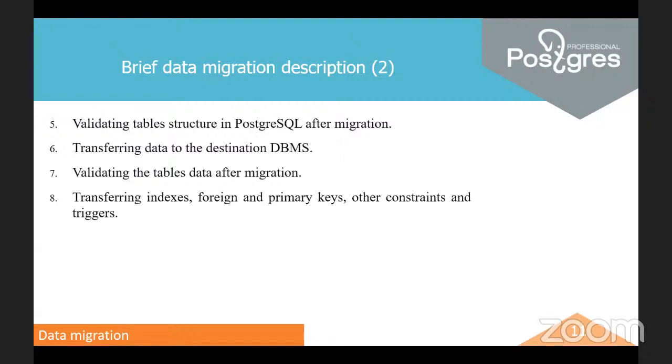Then the data validation should be executed, where row counts and the data itself are compared between the source and the destination database management system to make sure that everything was transferred as expected. After that, the rest of the database schema, such as indexes, foreign and primary keys, constraints and triggers should be transferred, and then a comparison between the source and the destination schemas should be made to verify that process. At least I usually do it by using the system data dictionary, and when stored procedures are concerned, you can use some unit test framework, and we'll talk about that a little bit